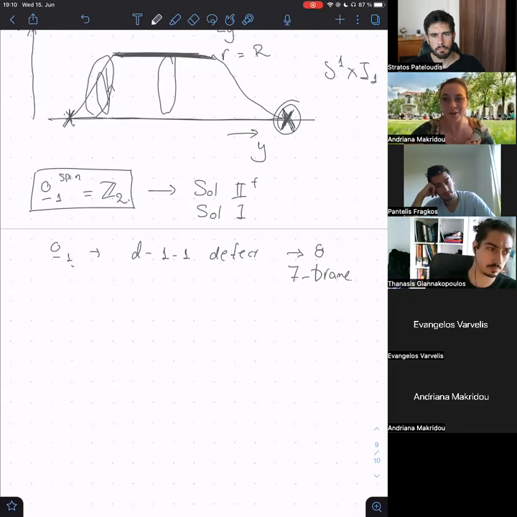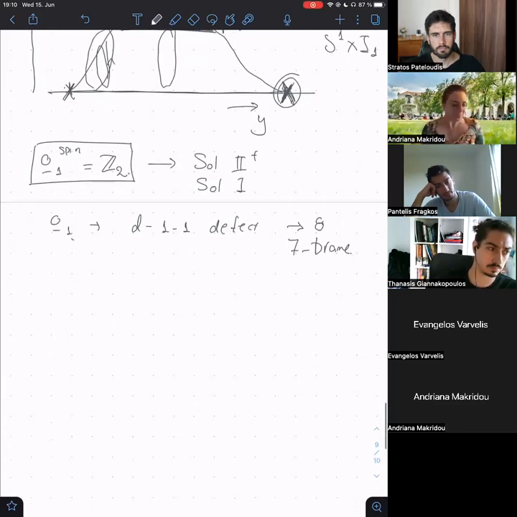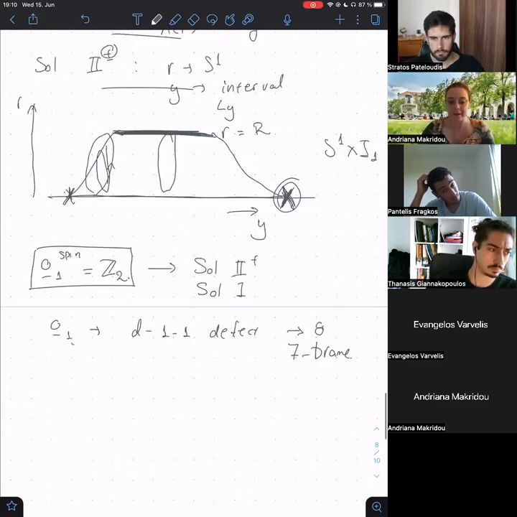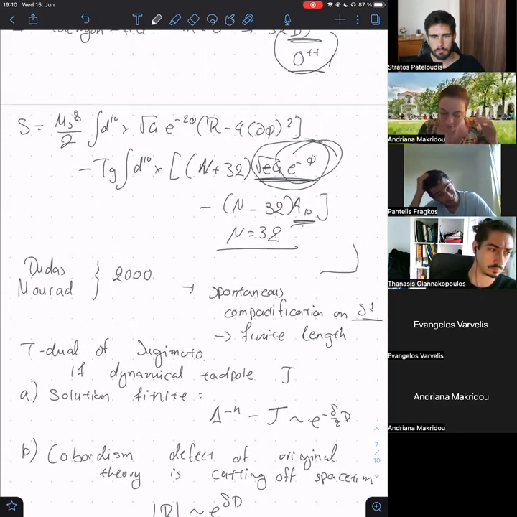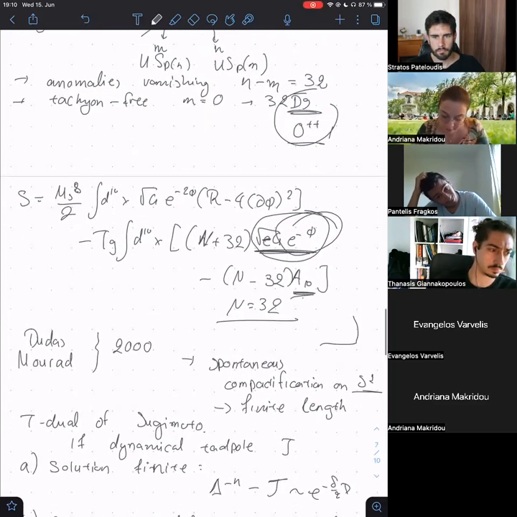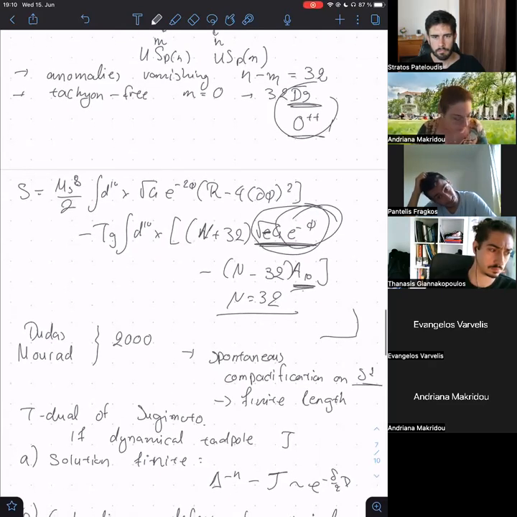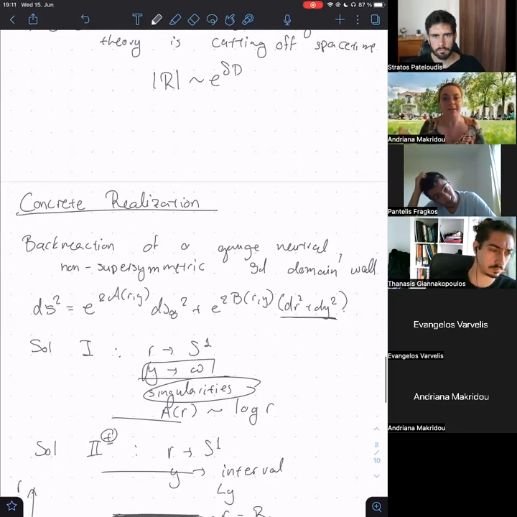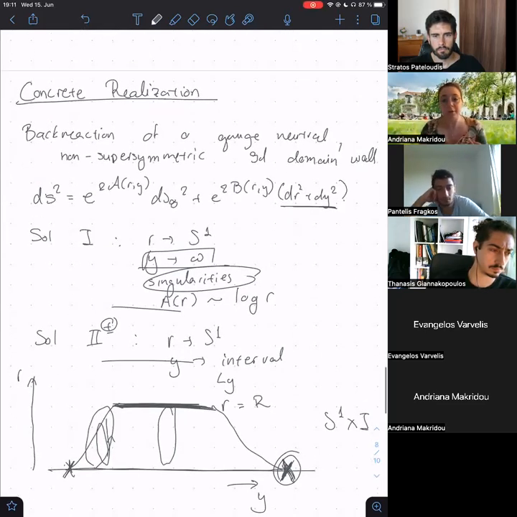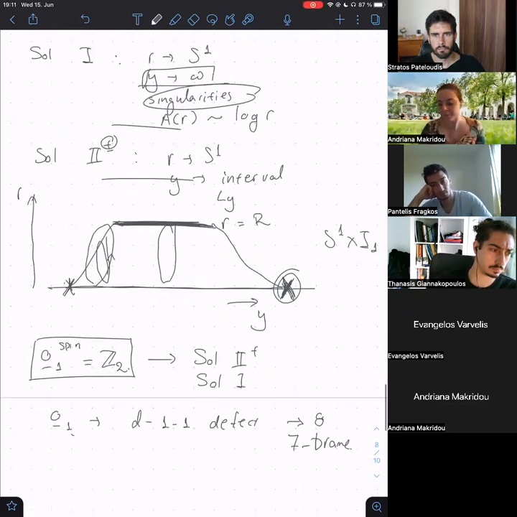I'm running a bit over time, I'm sorry. So the idea is that you write down once again an action with this 7 brane object now being coupled. So effectively what is happening is related to what you had. I missed the delta factor. Okay, in principle, when you write down the delta brane, there is a delta factor that is running around only 1 dimension. This is now a codimension 2 object. You write down your action.